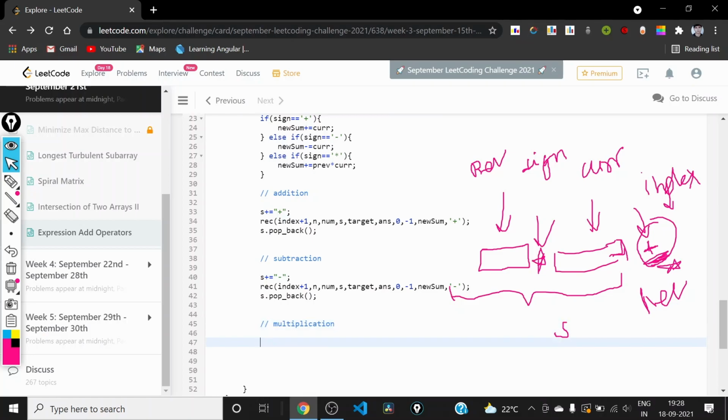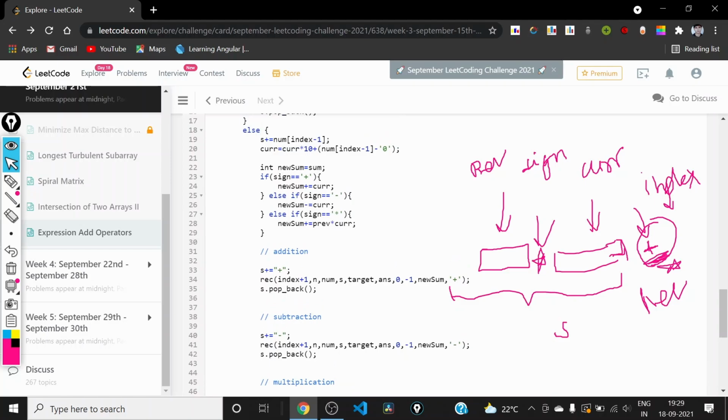So in this case, first of all, this string will be appended with this star, and we need to first calculate the sum in this case. Since we are adding a star here, we want to update the sum now.